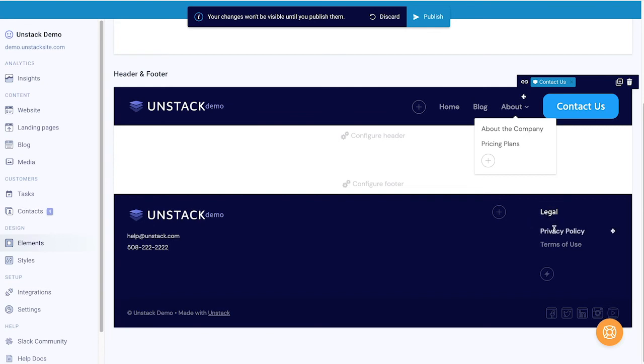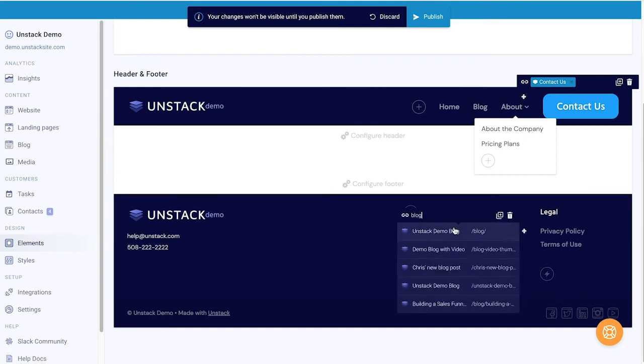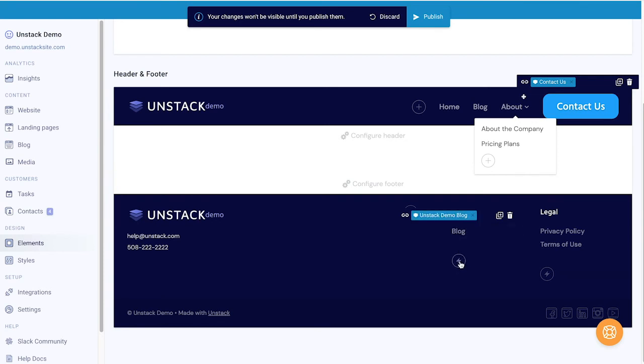Then we already have our legal column, so I'm going to add a new column by clicking this plus sign. This will add a group, so I'm going to give my group a name. I'll write resources. This isn't a link. This is simply a title for this group. Down here are my links, so I'll write blog here, and then link to my blog. Then I'll click this action icon right here to add another link into this group. Then I'll write about the company,